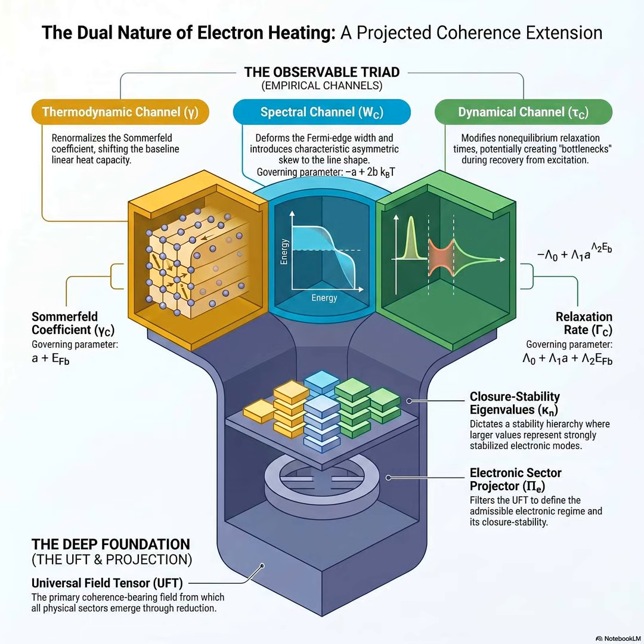A single channel measurement provides absolutely no way to distinguish between an electron acting heavy because of local interactions and an electron acting heavy because it's navigating the structural shadow of a universal field tensor. I have to admit, that feels a bit deflating. If I measure an anomaly in the lab, Lillian's model says, aha, look at the projected coherence. But standard Fermi liquid theory just yawns and says, nope, just a heavier effective mass, move along. It does. If m star does the exact same job, why do we need this incredibly complex UFT framework? Isn't Lillian just putting a very shiny, very mathematically intimidating new label on an old, well-understood box?